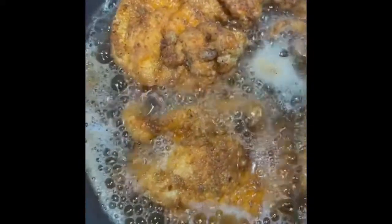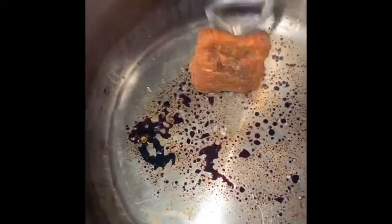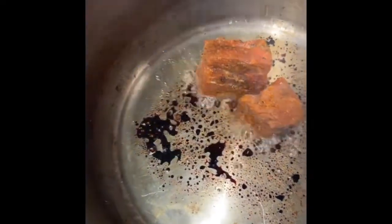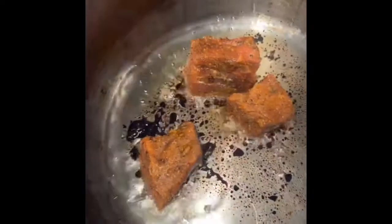So the chicken is fried for the chicken parmesan. The only reason why I did 2 minutes on each side is because they're very thin slices. Then it's going in the oven. Now I'm gonna do some beef stew. I'm gonna sear my meat,